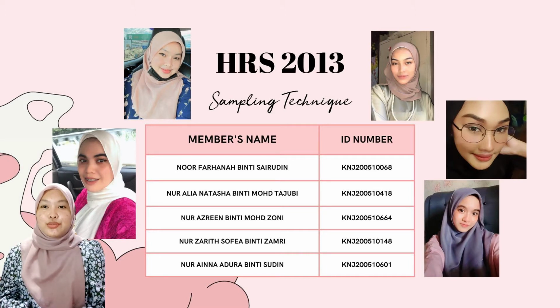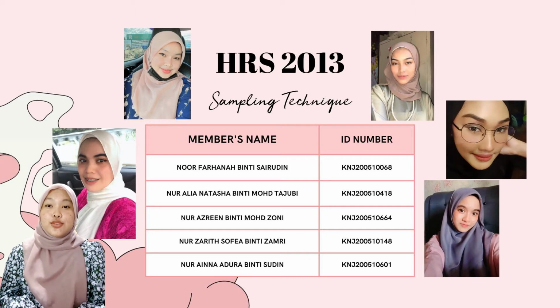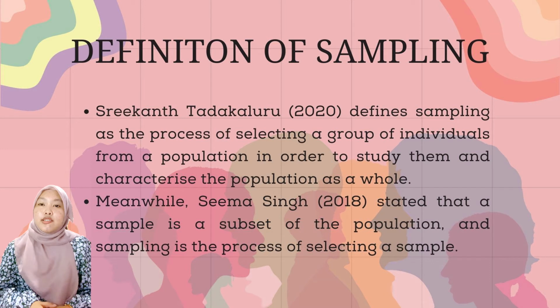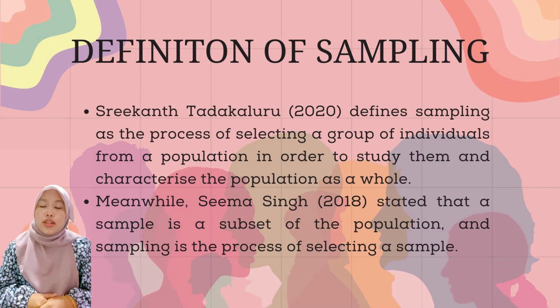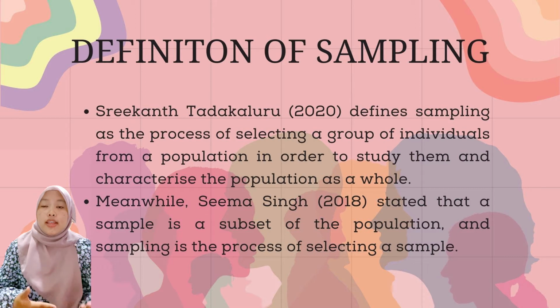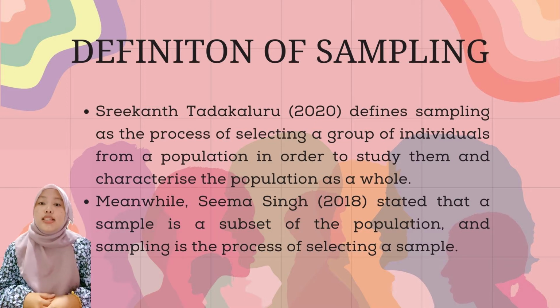In this video, we will be presenting our assignment, which is the sampling technique that was used in the journal we have studied. Sampling is very useful in research. It is one of the most important elements in determining the accuracy of our research results. If something goes wrong with our sample, it will be reflected directly in the final result. Depending on the need and situation, we might use a variety of techniques to collect samples.